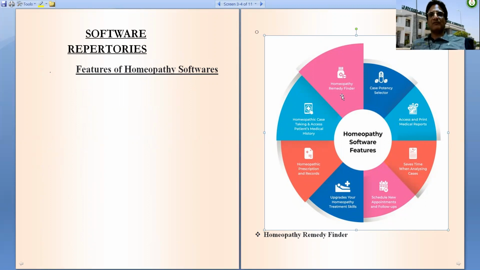It should be a homeopathic remedy finder, case potency selector, should give access and print to the medical reports, should save time when analyzing the cases, should provide facility of making new appointments and follow-ups, should upgrade your homeopathic treatment skills, should have homeopathic prescription and records, should have homeopathic case taking and provide access to the patient's medical record in the follow-ups. So these are the features an ideal software repertory should contain.